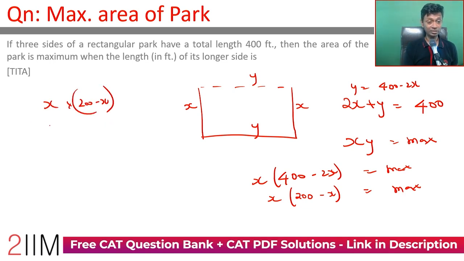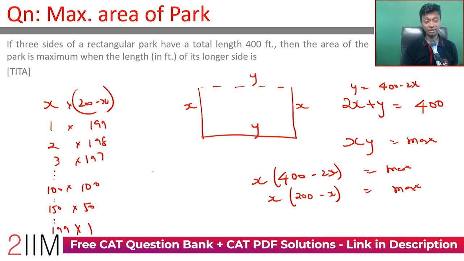When x is 1, this will be 1 into 199. When x is 2, 2 into 198, 3 into 197, all the way to 100 into 100. Go further, it will become 150 into 50. Further, we go all the way to 199 into 1. Think about this. 150 into 50 is 7,500. This is 10,000. The numbers keep on increasing till they become equal, and then keep falling,